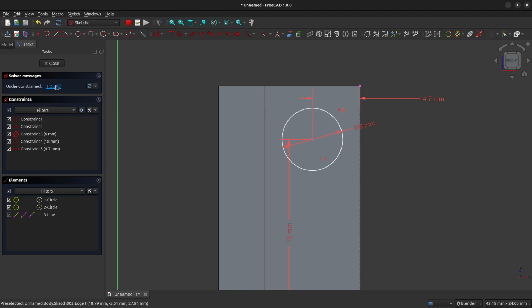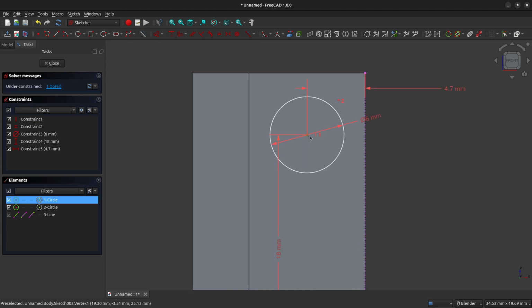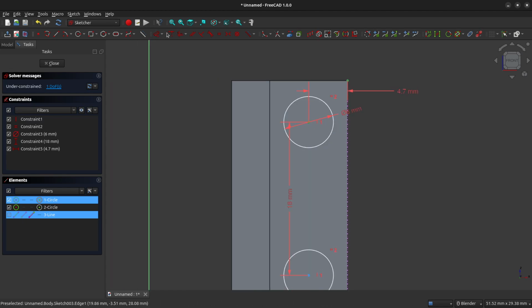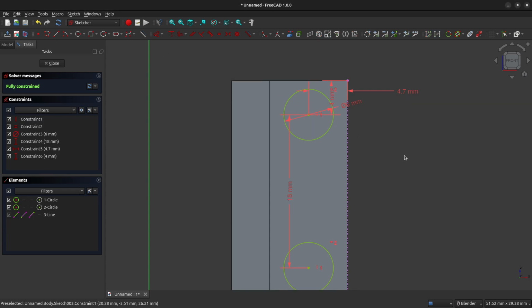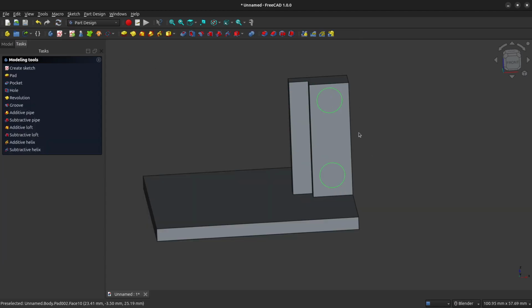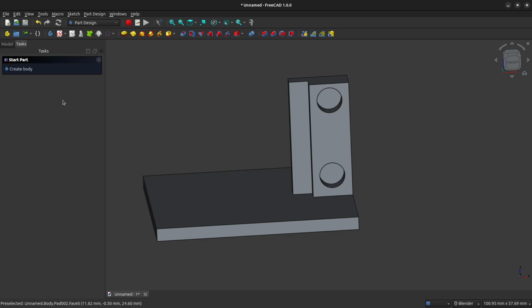And the last degree of freedom that we need to constrain is the distance of our top circle from the top of our pillar. And we're going to set that by clicking the center of the circle and again the top of the line that we created. And we will constrain that vertically to 4 millimeters. So now as you can see, we are fully constrained and we can close this sketch. We're going to create a pocket with these two shapes, and we will set the pocket depth to 3 millimeters. That is the